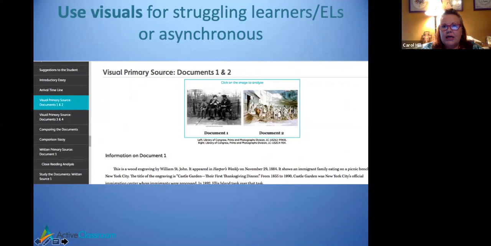Now, when we're looking at debating the documents, this is still debating the documents. You can see over here on the left, we're looking at a primary source. There are 2 images. And remember when I talked about how social emotional learning can be connected into images that are already in your classroom? Well, this one right here is a great example of that, with the dad, the mom, and the son sitting